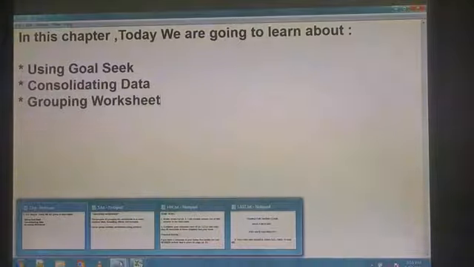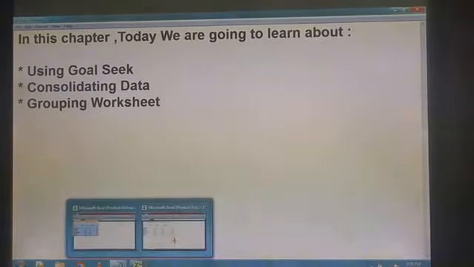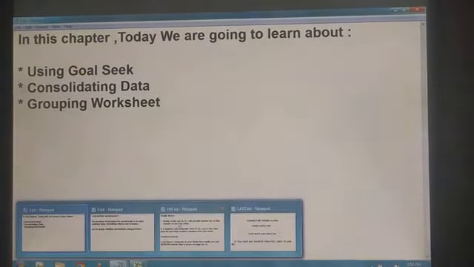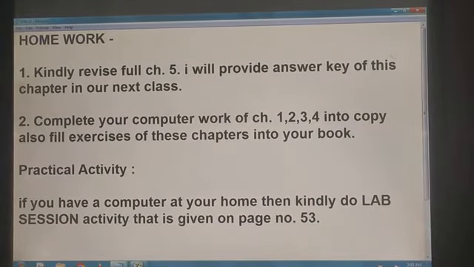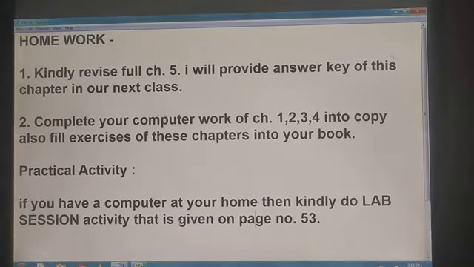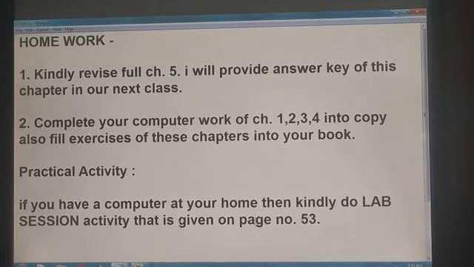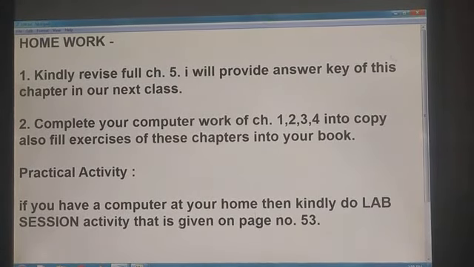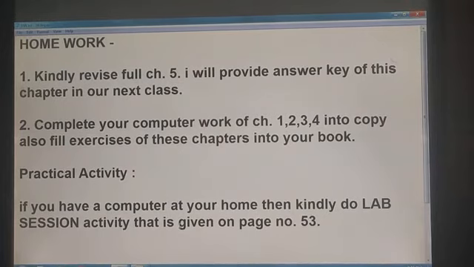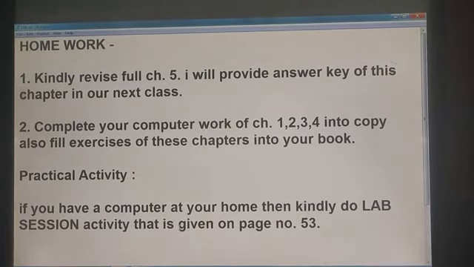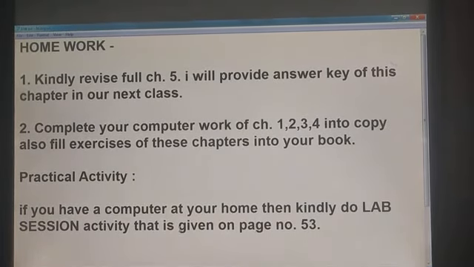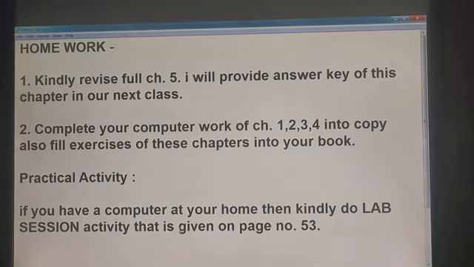Now it's time for your homework. Yes students, as you know, I have completed this chapter from my side. You can revise this full chapter 5 very carefully, and if you have any doubts then you can ask me, and I will provide the answer key of this chapter in our next class.